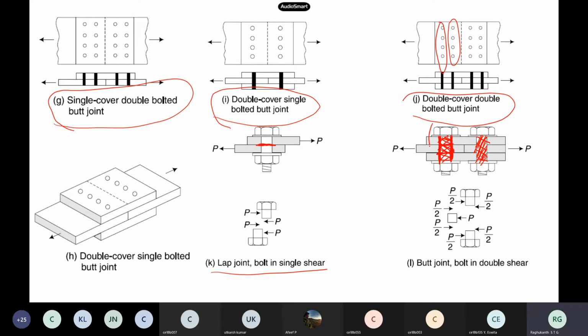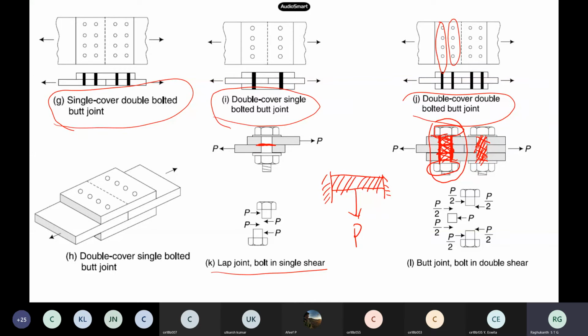See the same grip. If you rotate the same one by 90 degrees, this is the grip of the bolt. Okay, so this is my bolt grip. Now this P is like this, and these two ends, let us assume that they are fixed. Now what happens? Bending. Bending will come into picture.